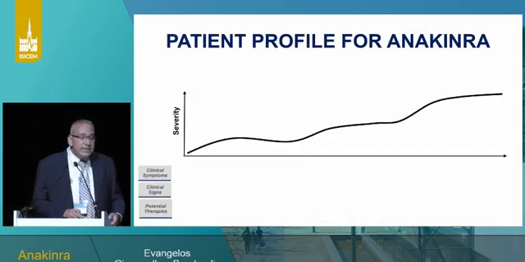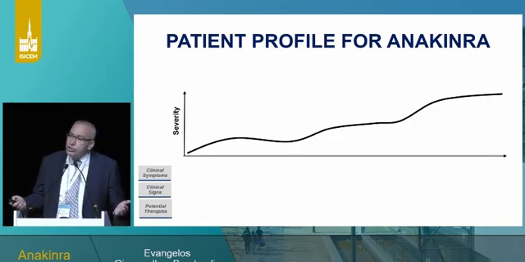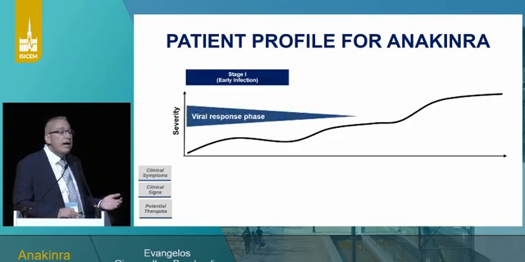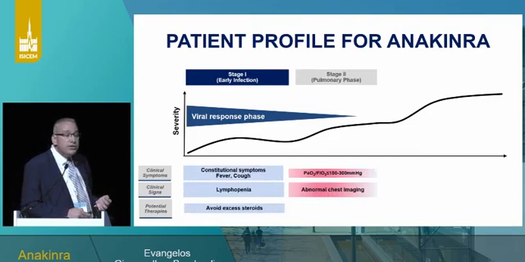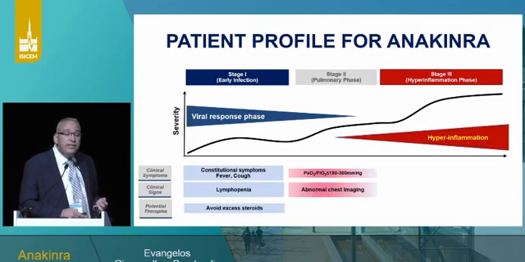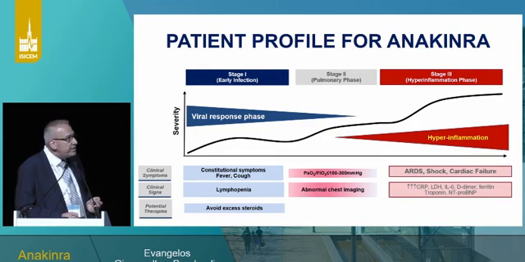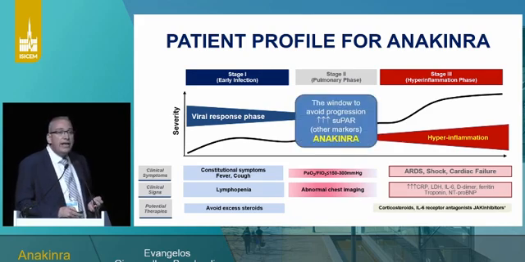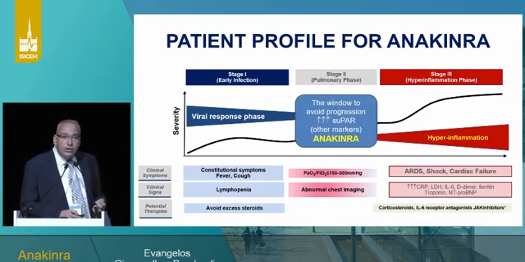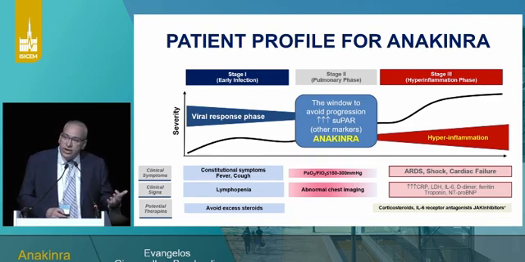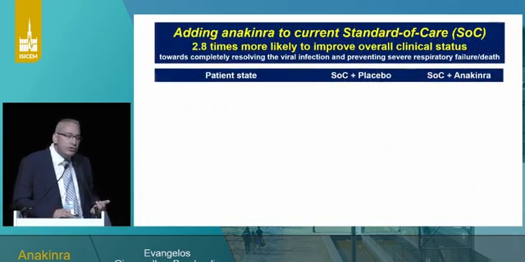And so the question is, who is the patient? I go back to the question, anakinra for all. No. Anakinra is for patients who lie in between these 2 stages. Here are the critical ill patients. We do not wish to have our patient here. This is the general ward. And we want to identify who of these patients who lie here, and we identify that through the use of biomarkers, can receive benefit in a type of prevention strategy to avoid ICU admission.